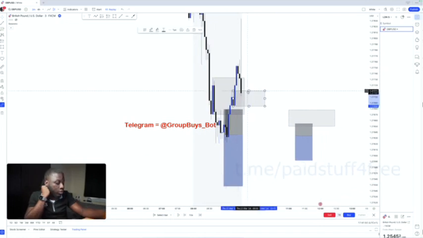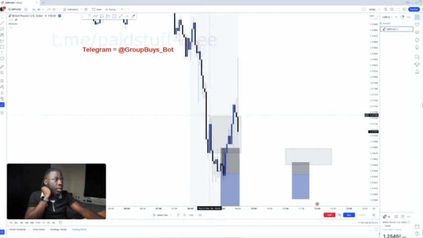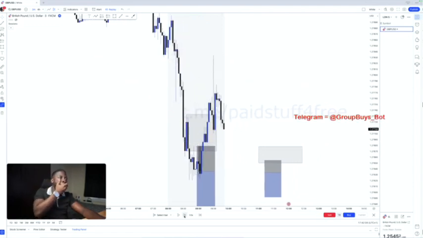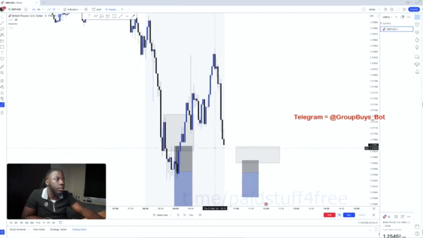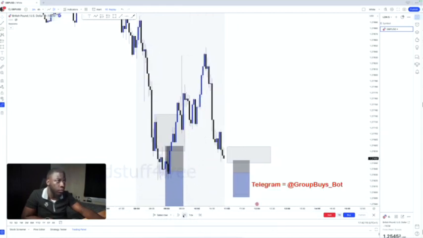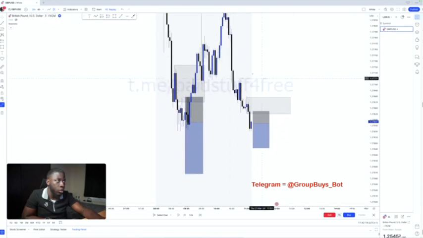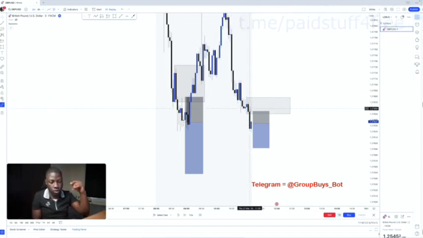Okay, right. So that's why I drew that there. So price eventually pushes up. We get a change of character. Nothing as of yet. We get a change of character to the downside. Then we get a break of structure. So change of character, after a change of character, if you do